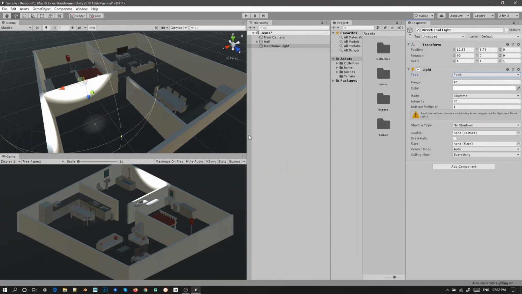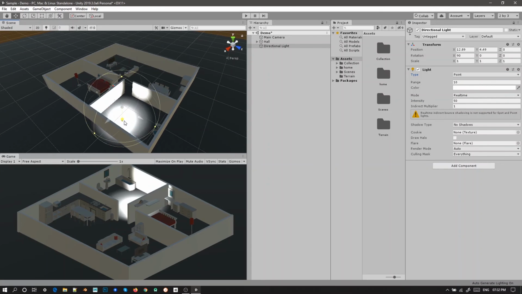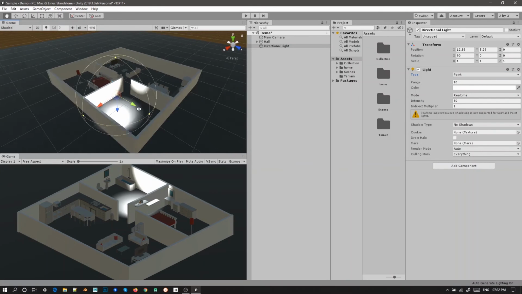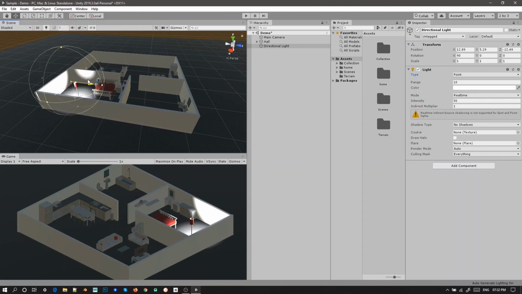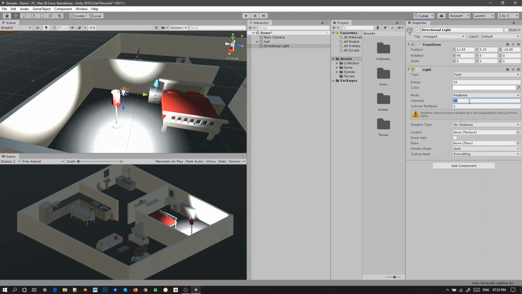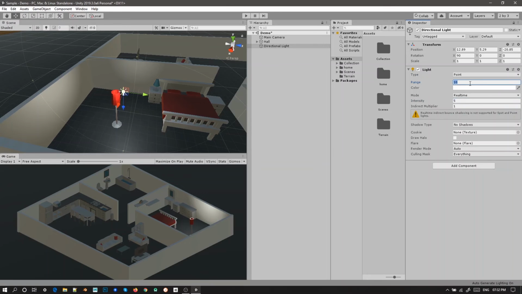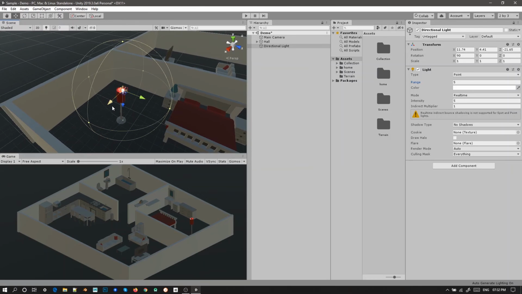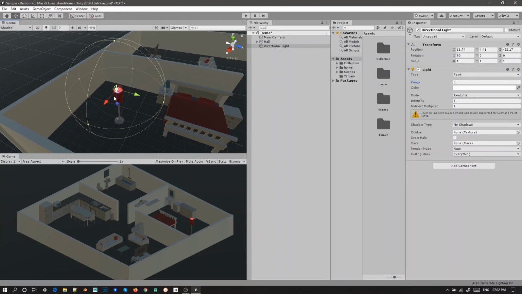Now point light also works almost the same. Fine. But I'll show you how to use this point light. In point light, let us choose a lamp and we can fix the light upon the lamp. Now we have to choose the intensity and range. Right, for intensity, let us keep it as 5 in the beginning and range also as 5.